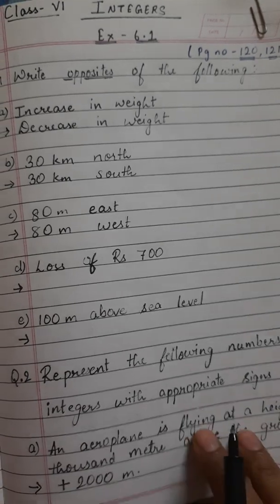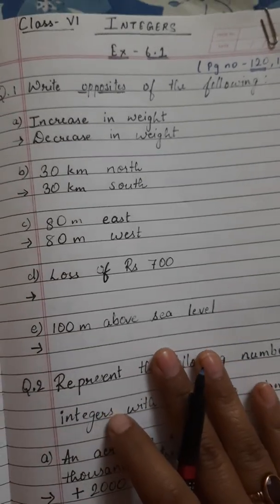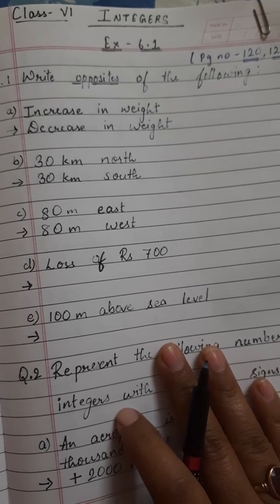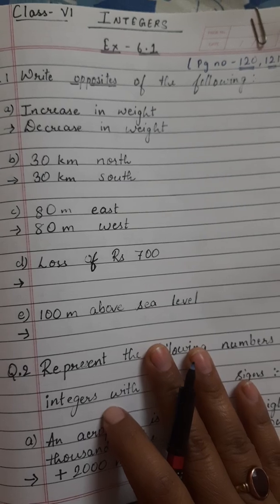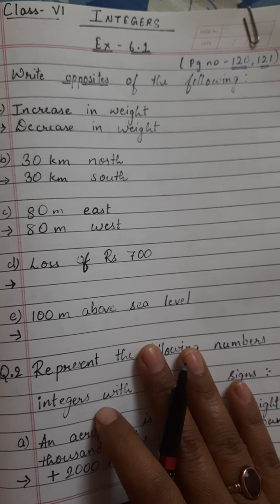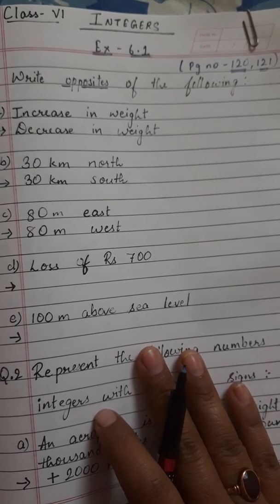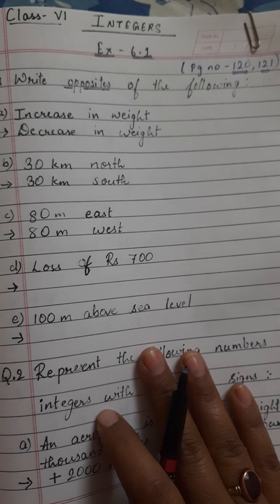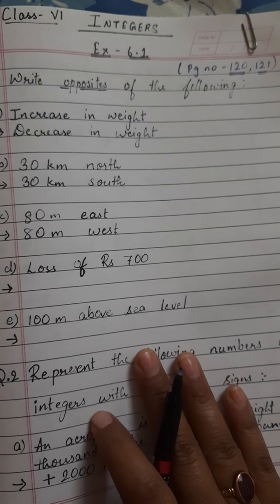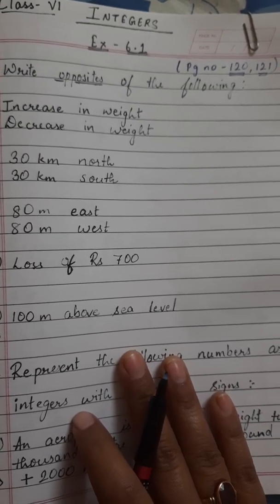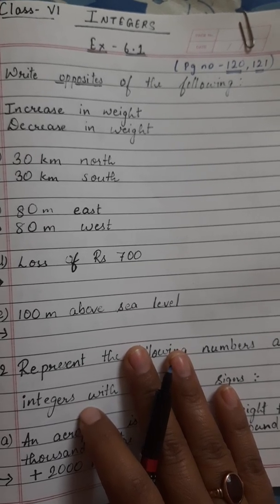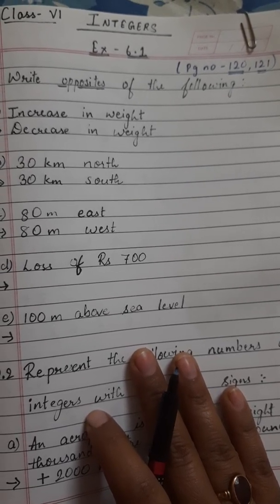In our previous video, we discussed what integers are, and we also saw how to use different signs, like positive and negative signs, for different situations: for low temperature, high temperature, height of anything, depth. For such situations, how to use different signs, and what group of numbers are known as integers, all that we have discussed. So I hope that is clear to you all.